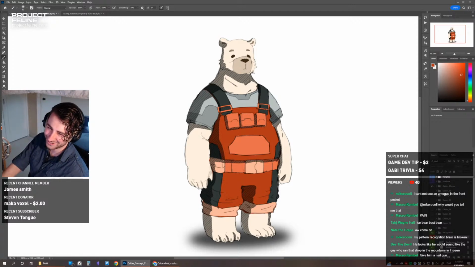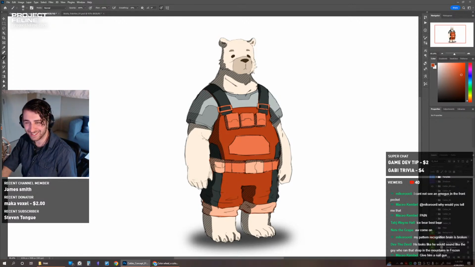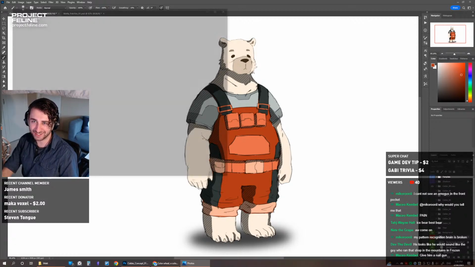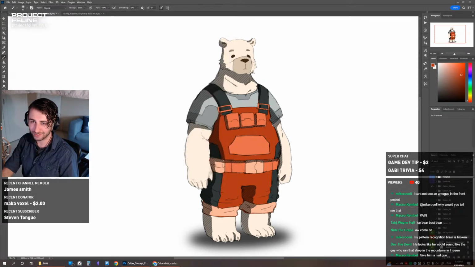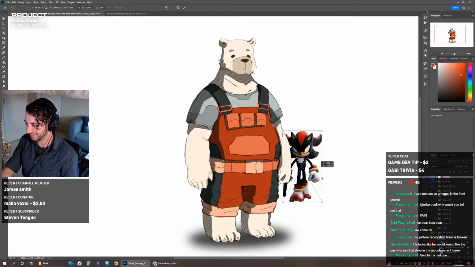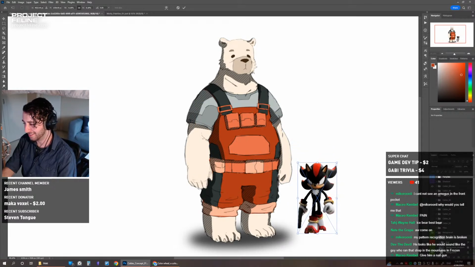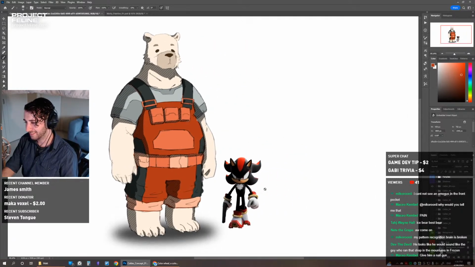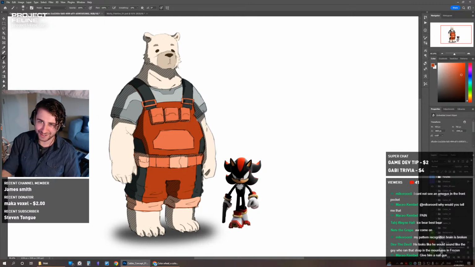I'm just trying to find a picture that has a transparent background. Hold on, because he's ultimate, but he's tiny. I just want to drag and drop him in. Yeah, there we go. Let's do a size comparison. Because, I mean, think about it. Shadow would be like that tall. Calder's gonna destroy him, wouldn't he? Like, come on, guys. Let's be real. Shadow doesn't stand a chance.